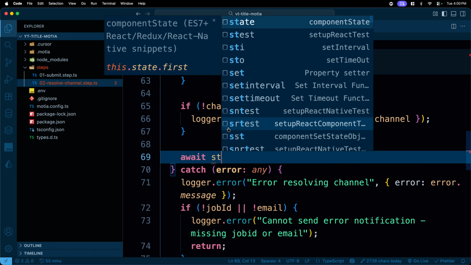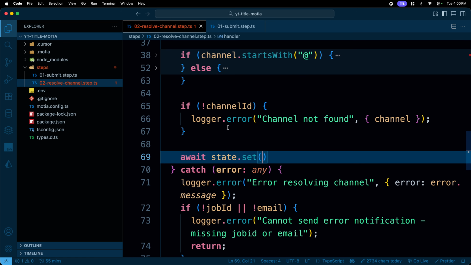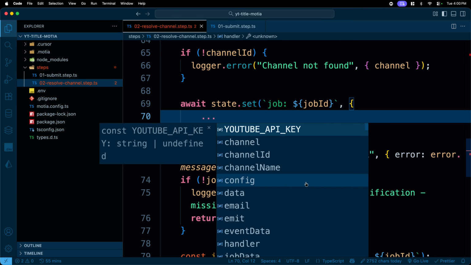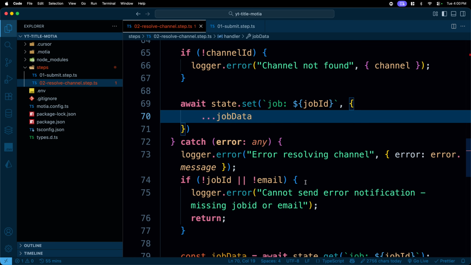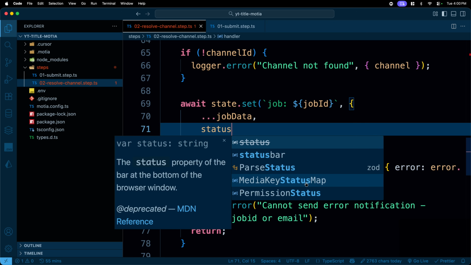So await state.set, and this job is going to be an ID. That's going to be the job ID. And let's pass on the data. Interesting. Since we have already extracted the job data, we don't need to extract it again. We can just use it. Whatever fields you want to update or overwrite, we can just do that. So status is, in this case,